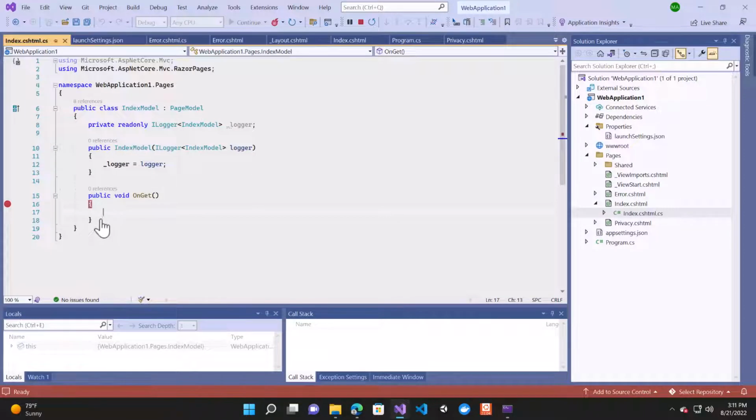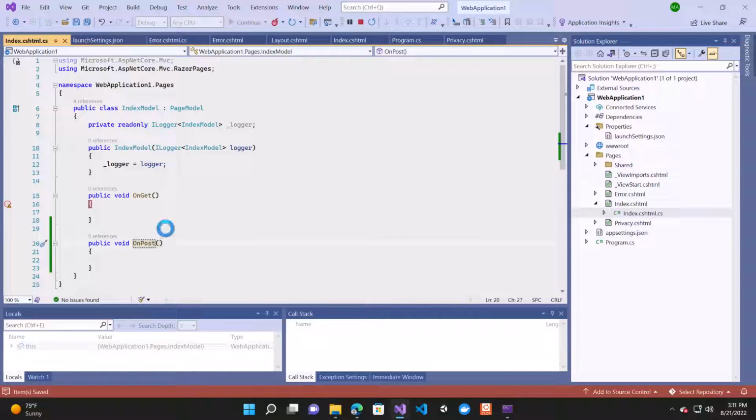So what if you were doing a post? If you're familiar with HTTP, there are many HTTP verbs. The two most common ones being used are get and post. When we do web APIs, you'll see there are other ones like delete and put, options, and so forth. You'll see those in action when we do the web API. But for now, there'll be two of these. So if we were to do a post,